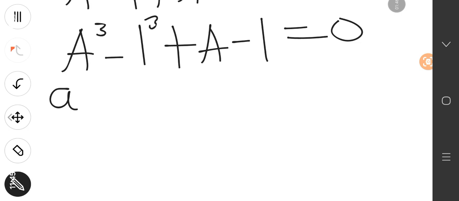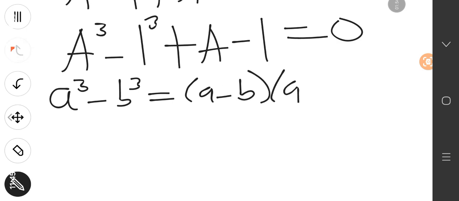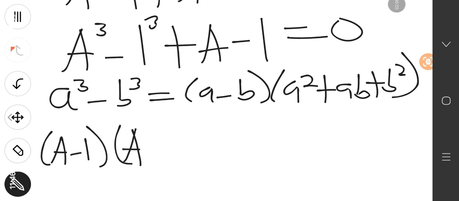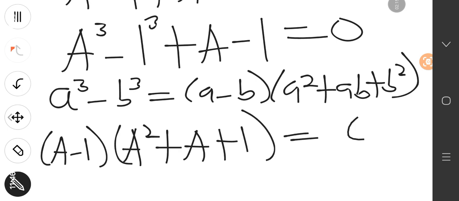So a cube minus b cube equals a minus b times a squared plus ab plus b squared. So our equation becomes a minus 1 times a squared plus a plus 1,